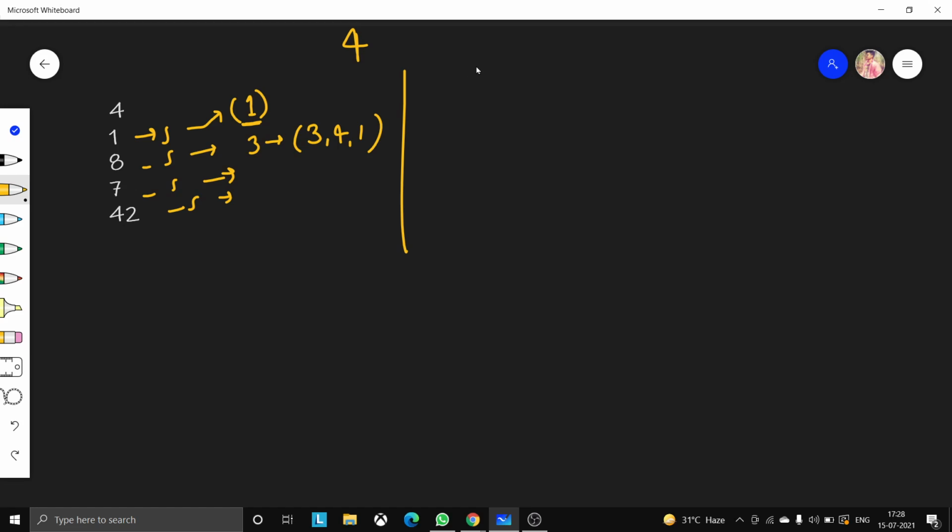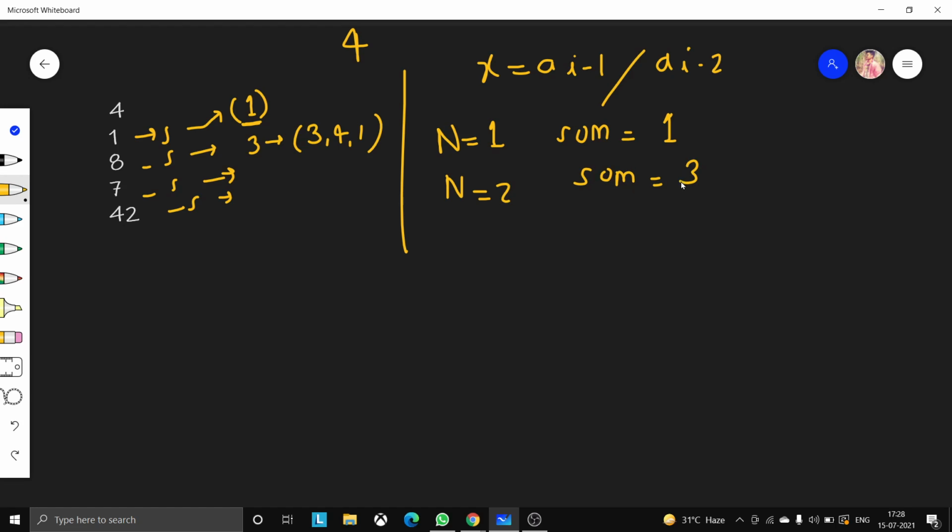For example, suppose my first element is x in the array. I want my next element to be ai minus 1, or it could be ai minus 2. Suppose the number of integers that I have, n, is 1. Then the maximum sum could be 1. Suppose n is 2, then the maximum sum could be 4, because 1 plus 3.